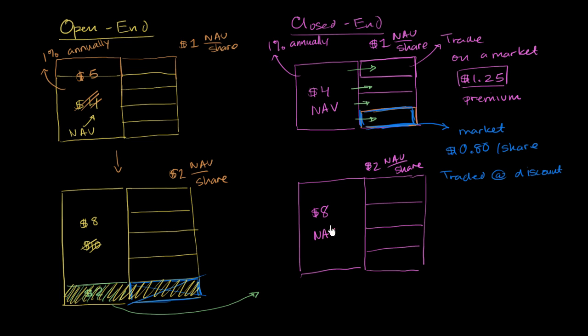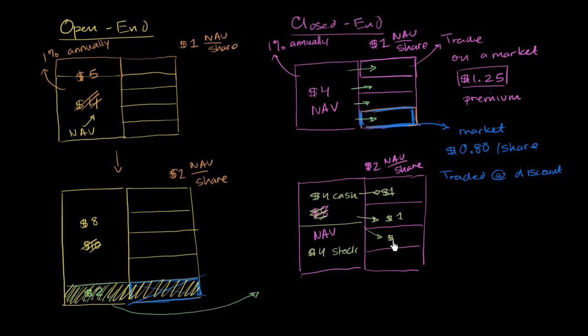And let's say the fund managers right here want to start dividending some things out. So maybe all of this $8 in assets is stocks or something else. The fund manager can sell some of them. Let's say they sell $4 worth of it. So it's still an $8 NAV, but it's $4 in cash and $4 in stocks, and maybe they'll want to dividend out this $4 in cash. So they give everyone a $1 per share